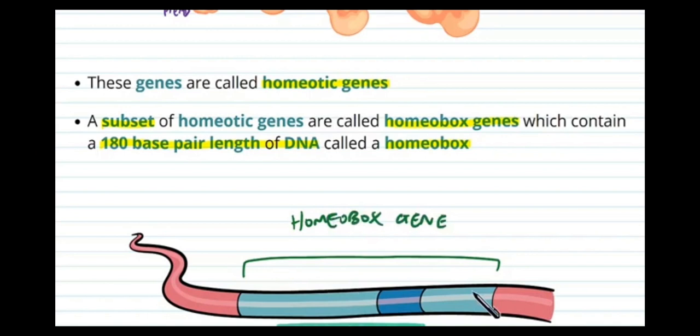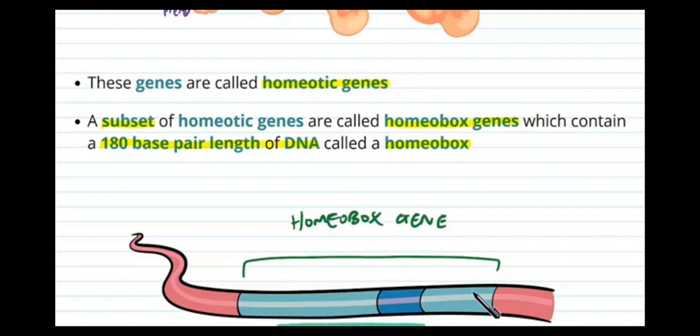The light blue portion represents the homeobox gene. In the homeobox gene, the dark blue region is the conserved region that is present in the homeobox gene. So, the subset of homeotic gene is called the homeobox gene,